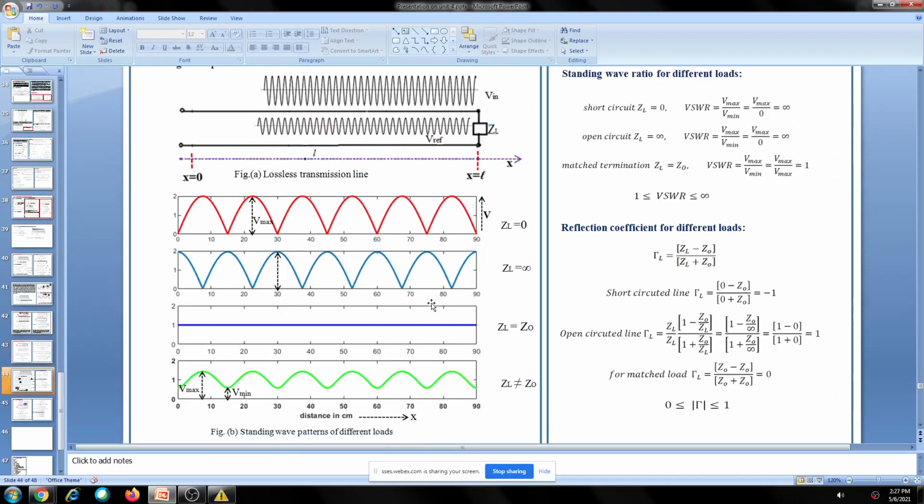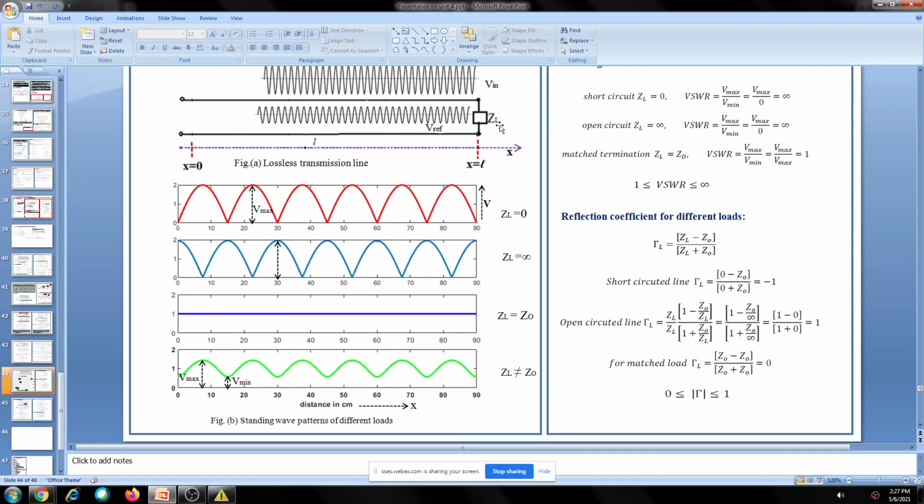See, I have written here. If a different load ZL is connected, what is the shape of the standing wave pattern? The shape remains; the voltage minimum and maximum values may be different. See, like here, ZL equal to 0. We have a minima here first. Here it is minima, and again it repeats at a lambda by 2 distance from here to here, and this is the voltage variation. The minima value is equal to 0. Okay, the minimum voltage value here, V minimum, is 0.